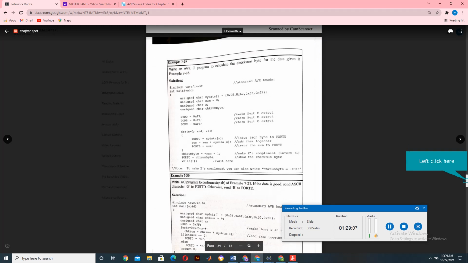Then after that we have example number 29: write an AVR C program to calculate the checksum byte for the data given in example 28. So whatever the example was given, now we will write its code. We assign an unsigned character array of my data, and we give all the 4 data that we had before, as you know. Then what would we do? We would make the unsigned character sum equal to 0, and then an unsigned character x, and then an unsigned character